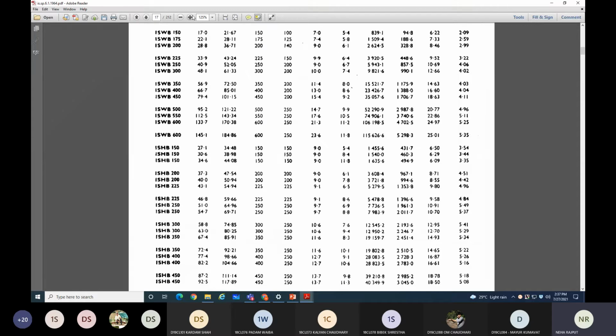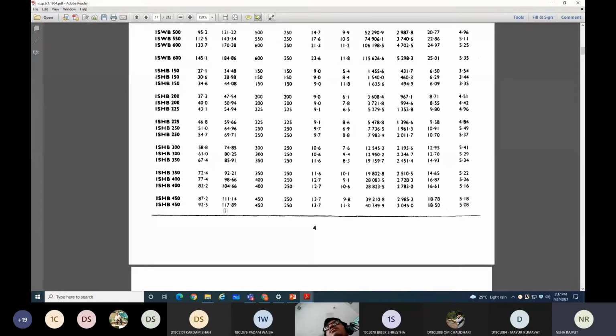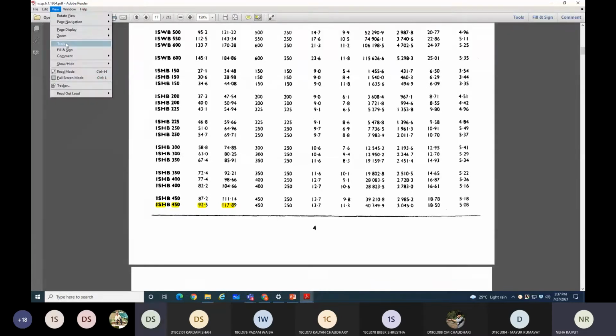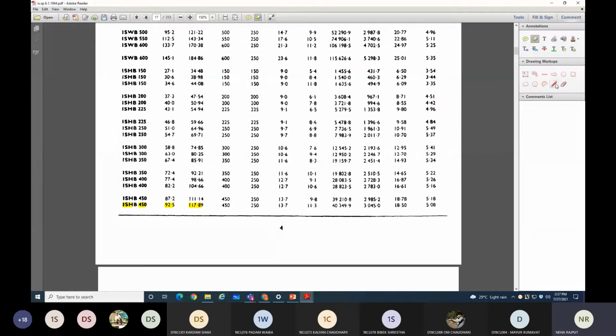Okay. Can you see over here in your steel table? See this. ISHB 450 दिख रहा है आपको? Yes, ma'am. Right. So this is my required section that I can use, this section,